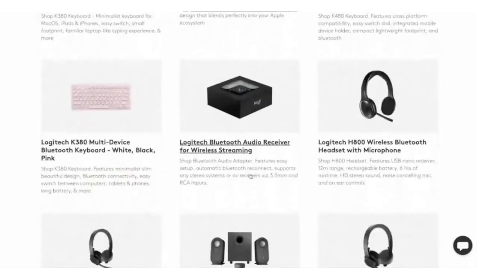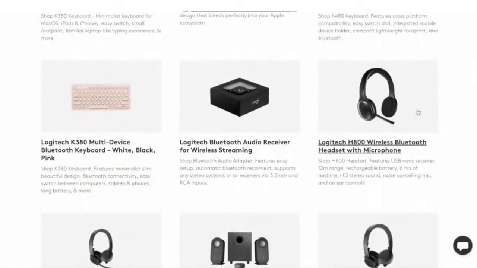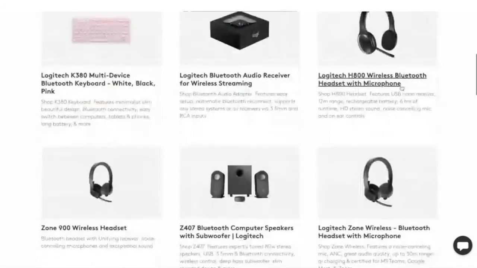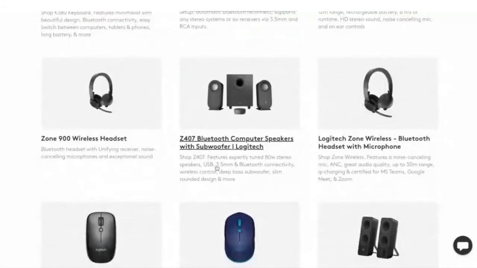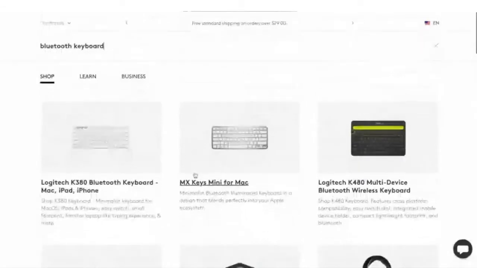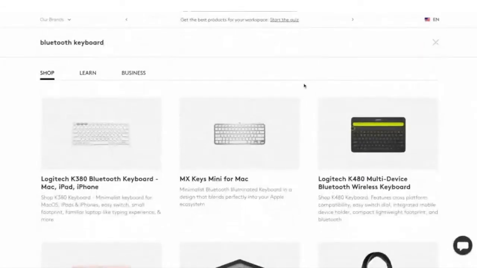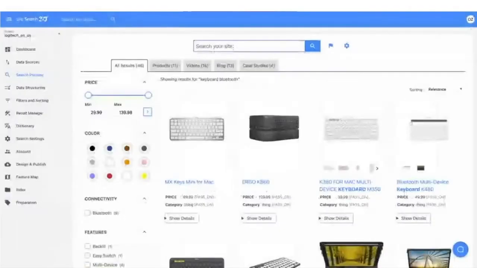Most certainly, but then you quickly get the polluted results with Bluetooth headsets and speakers and even mice. So this is exactly what's happening when there's no understanding of the product categorization that Simon was talking about. So if we now switch to the Site 360 platform interface, and we can even do like keyboard,